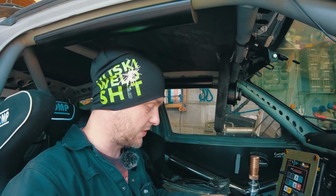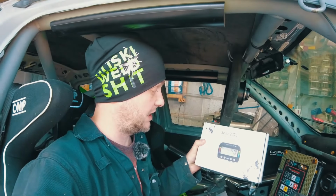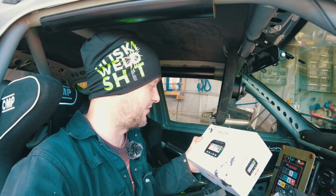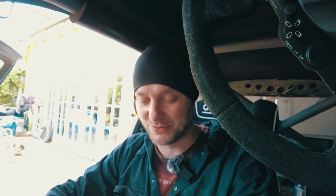AIM Solo2 DL. This is one of the latest versions of the lap timer. Essentially, it's a lap timer, as the name suggests, but it has a lot of interesting and really useful features in there, like predictive lap timing and also delta for whether you're going faster or slower, a bit like on PlayStation, you know, when the green light lights up and you're like, oh yeah, I'm doing faster, or the red one, and you're below